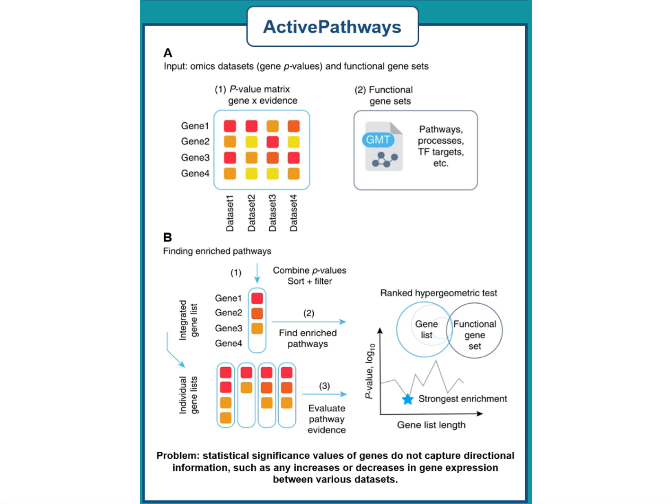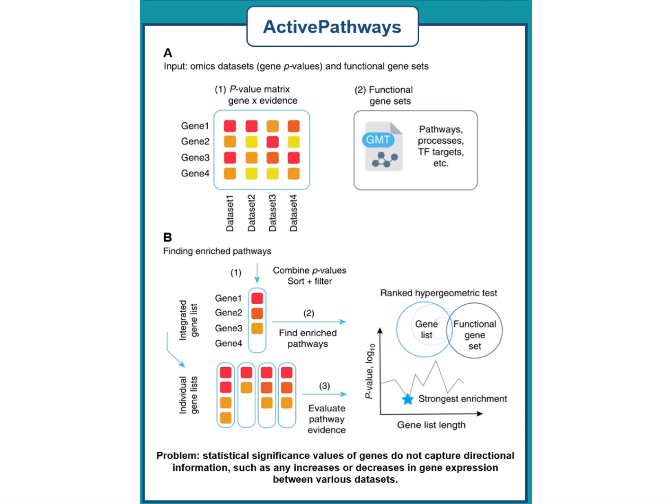Previously in the lab, we've developed an R package called Active Pathways, which is an integrative pathway enrichment analysis method that uses data fusion to merge signals from multiple omics datasets. First, various upstream analyses such as differential gene expression are performed and p-values are acquired. These significance estimates are well suited for data integration because the upstream processing is expected to take care of technical